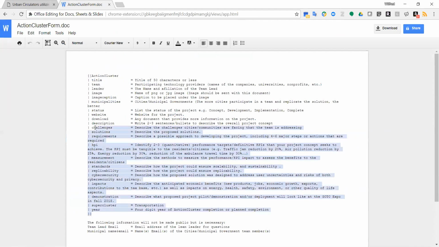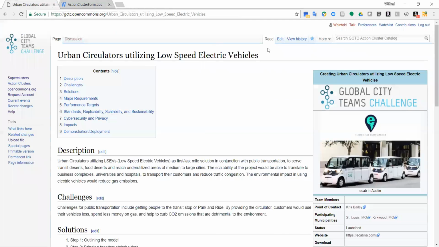You can take this material once it's all filled in, copy it, and then go back to the entry point here. Now, to create a new page, we would ask that you go in, and you'll see up here this title reflects the content that's in the action cluster itself. And so what we would ask you to do is, if you're creating a new action cluster up here, let's say it's called